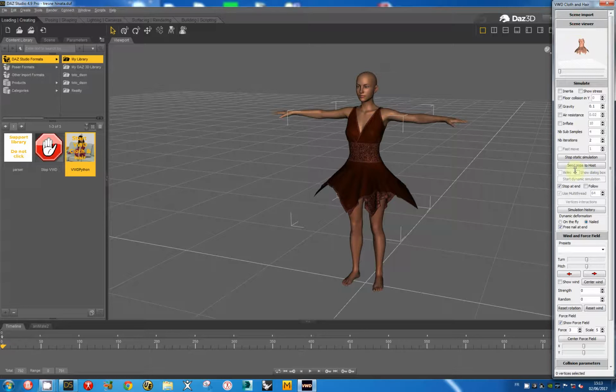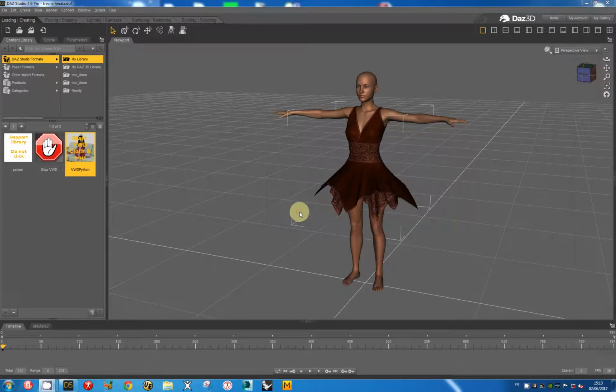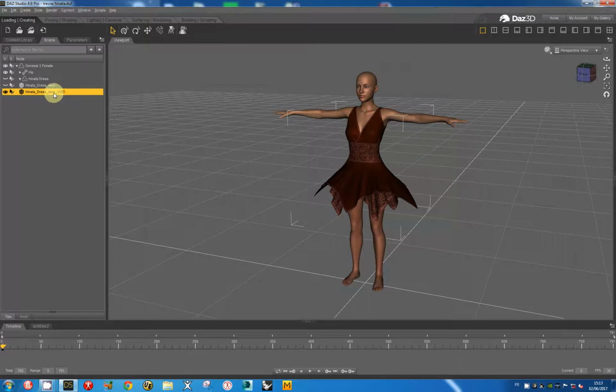Now I will send the modification to the host. Okay. I stop the program, and I have to rename this part, because it is a VWD cloth. The corrections are made. It is possible to use a final name, for example, init address good.